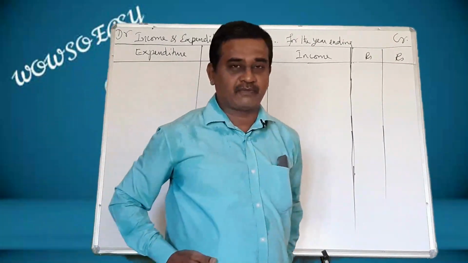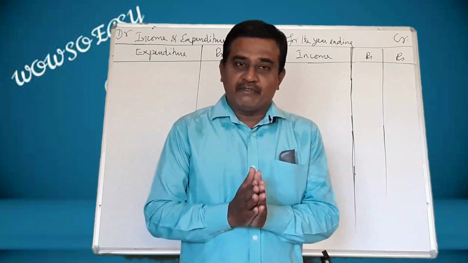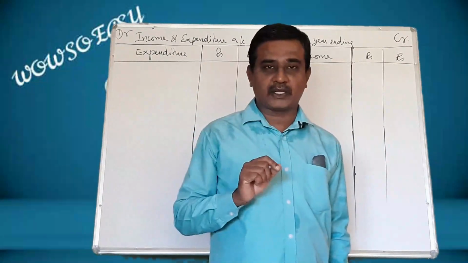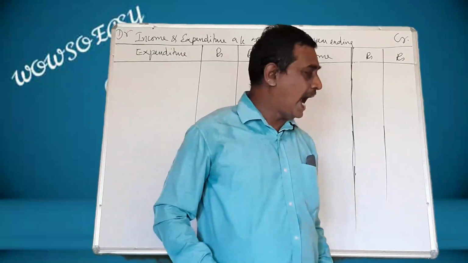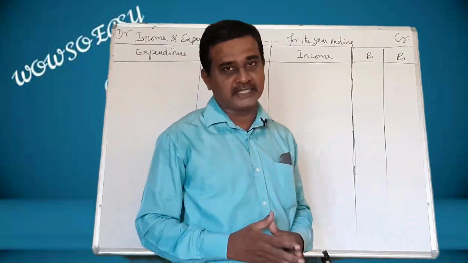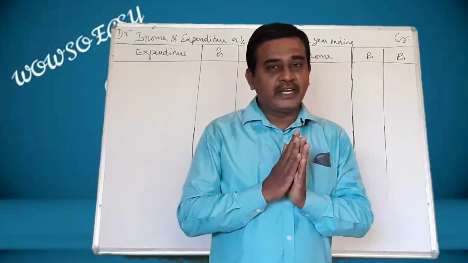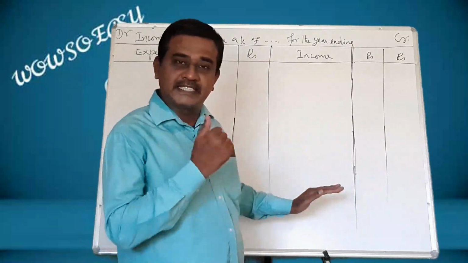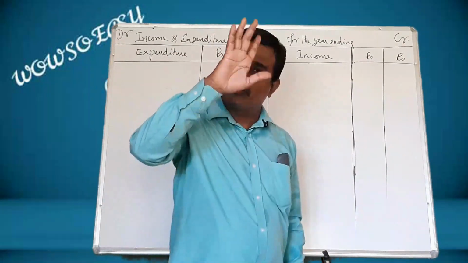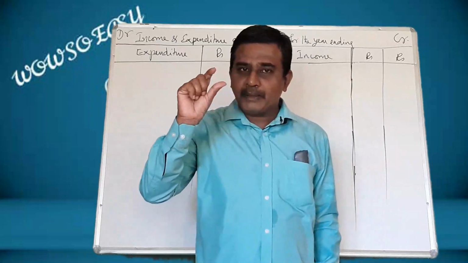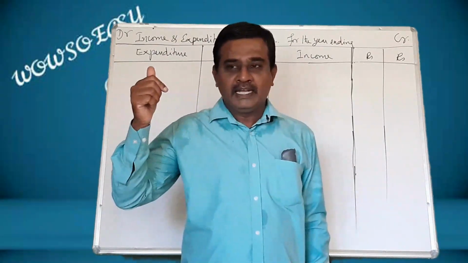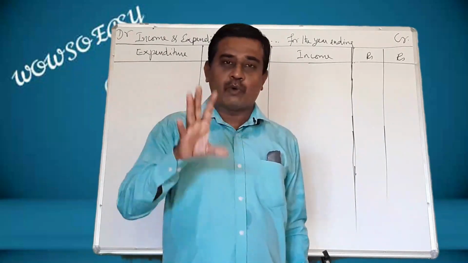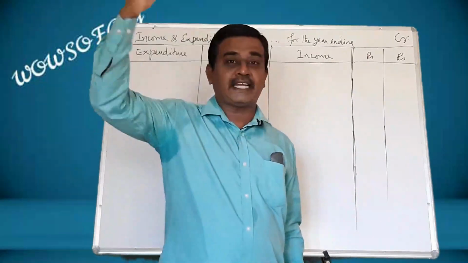Here you have to be very careful. You will be given a receipts and payments account. In that receipts and payments account, there will be an opening balance and, at the end, a closing balance. What to do with that? You need not do anything with that. You need not bring those balances here. Just leave them. Then what to do with those items? That opening balance should be taken to the capital fund account. When we go for finding out the opening capital fund, we have to take that amount.